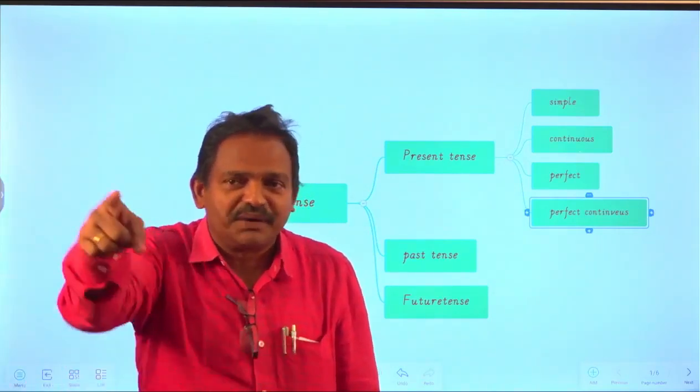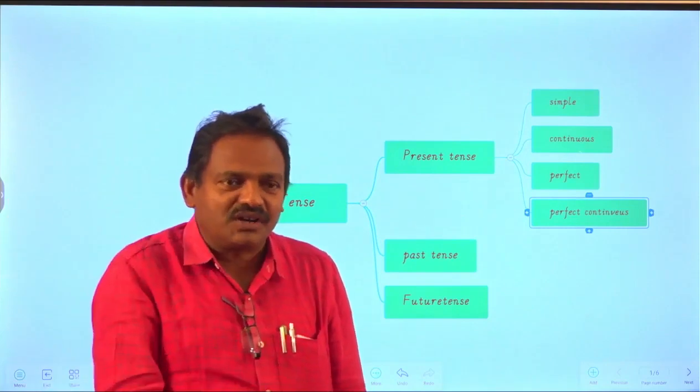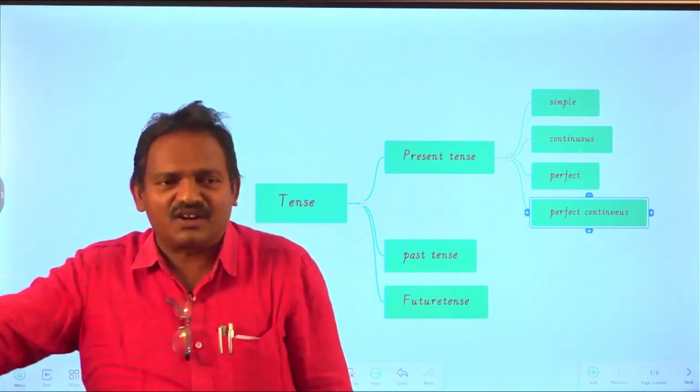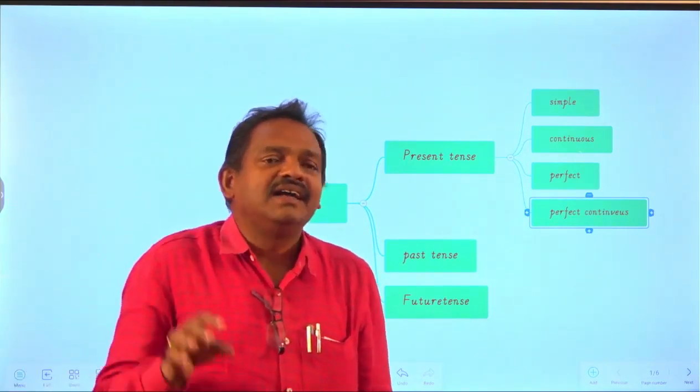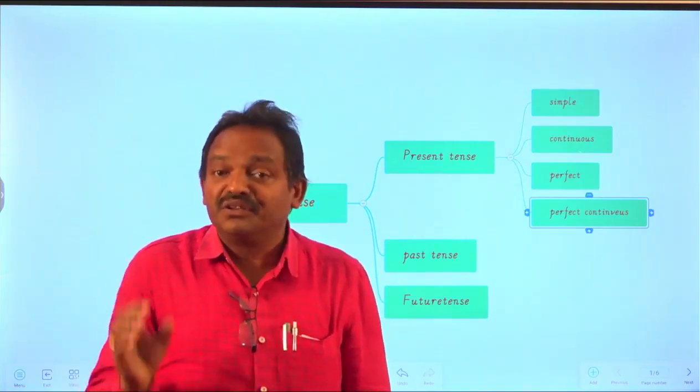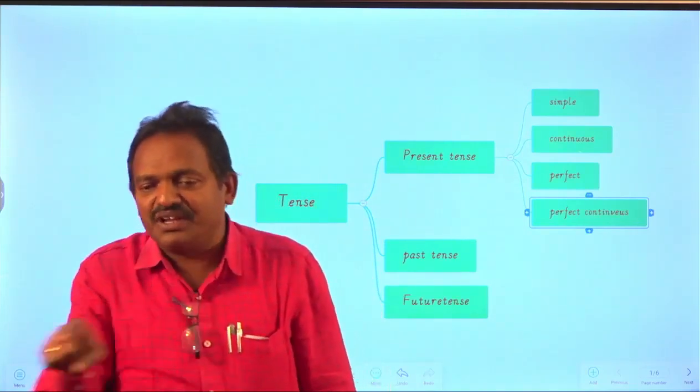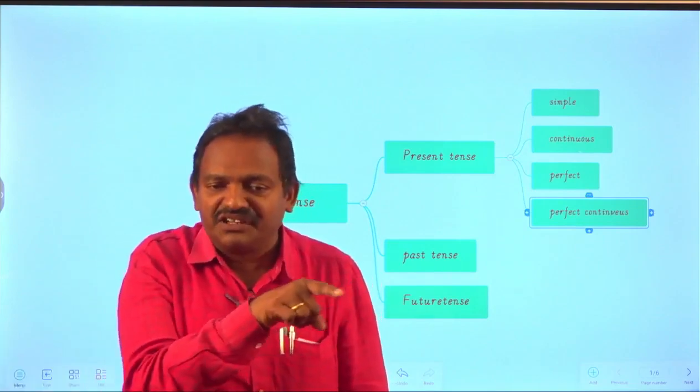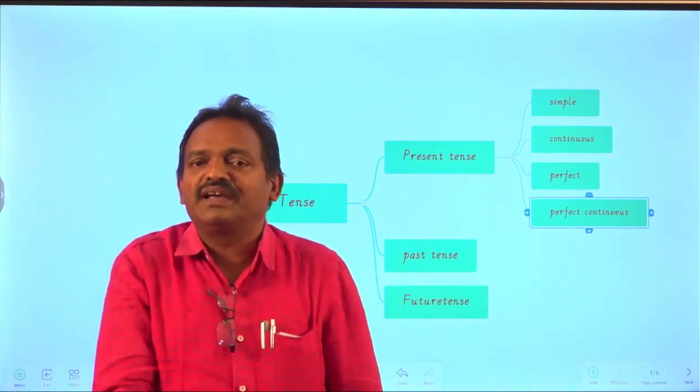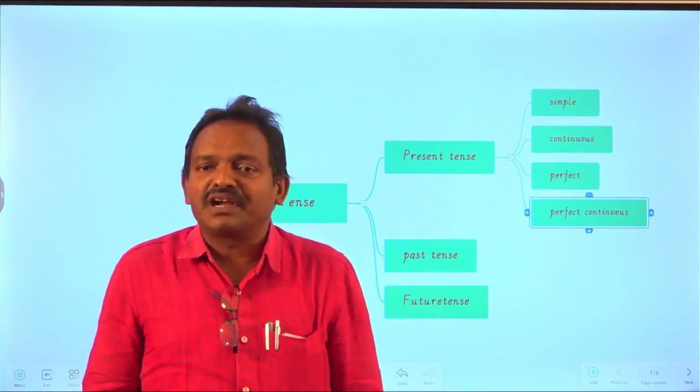Look, somebody is knocking at the door. Look, the old man is crossing the road. These are all the clues of present continuous tense. That means while the action is going on, while the action is continuing at the present, only then can we express it in the present continuous tense.